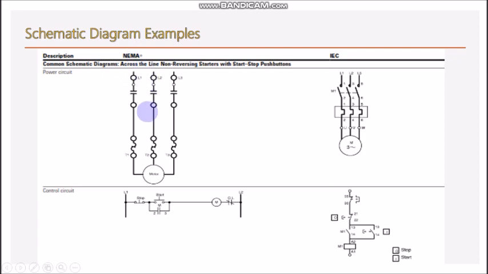This we have here by standard NEMA, and here with IEC. We have here a power circuit that's drawn by NEMA standard and by IEC standard, and this is the control circuit by NEMA standard and IEC standard. Okay, we can see here this is a 3-phase motor supplied by 3-phase power through a contactor, that's a contact